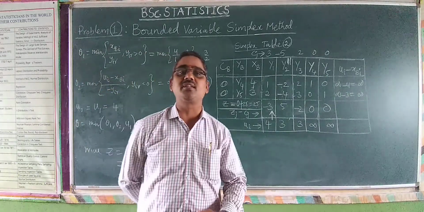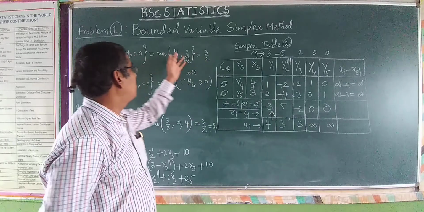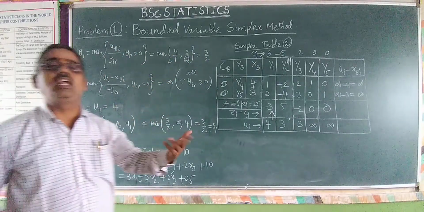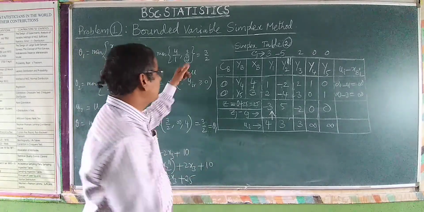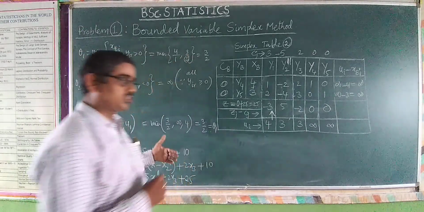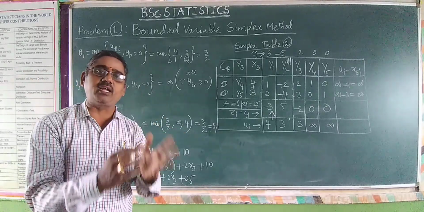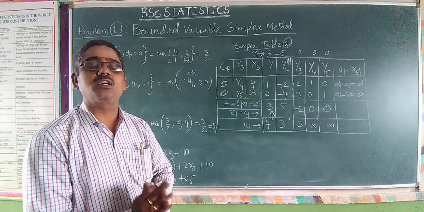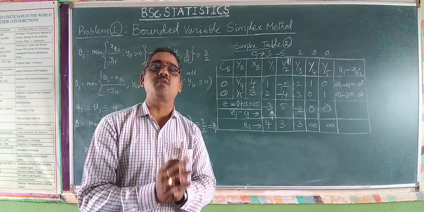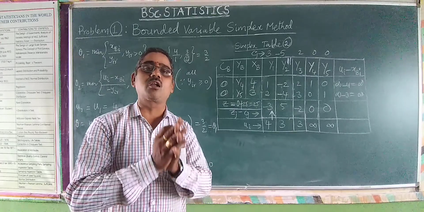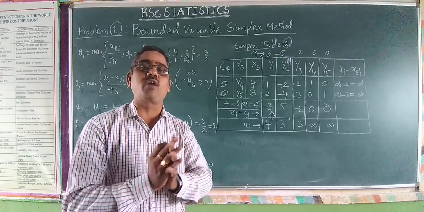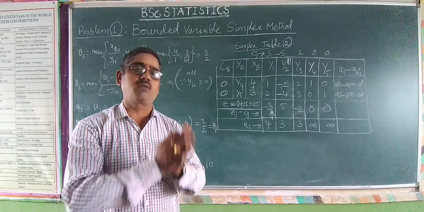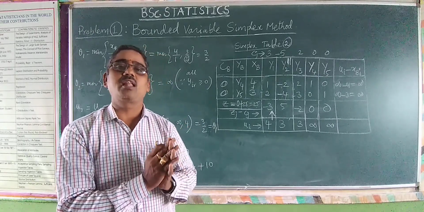Corresponding YR enters the basis, and what is the procedure? You have determined in theta 1 that it is going to leave from the basis. So in this case, first of all, please keep in mind that if theta is equal to theta 1, we have to apply the usual simplex procedure: the corresponding vector YR enters the basis and some other particular vector, for example YS, let it be another vector, is going to leave from the basis.